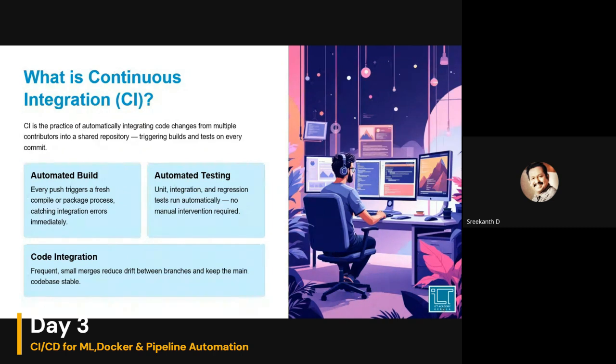Continuous integration is the practice of automatically integrating the code. Every code push triggers build, test, and validate. Why is continuous integration required?